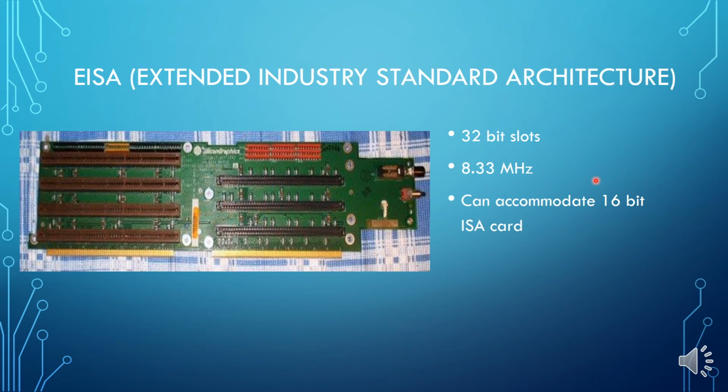Why was it called backward compatible? It means EISA was accommodating ISA. It was not accommodating the cards further, means the cards or standards which were invented later on after EISA. It was not supporting the cards that were invented after EISA was invented. It was supporting only backward, that is ISA, which was introduced earlier, while MCA was not supported because it was proprietary. So soon it became obsolete.